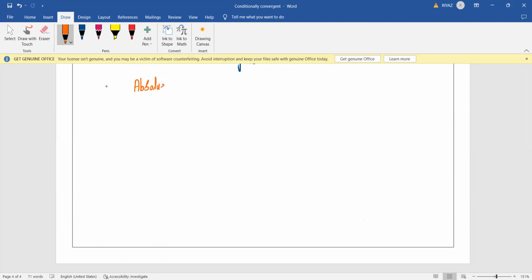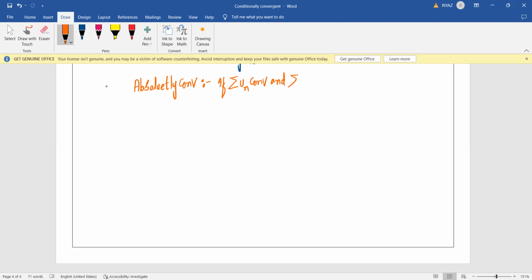A simple definition, which was asked in the last year question paper in 2021: define absolute convergent and conditional convergent. So the simple definition: if summation un is convergent and